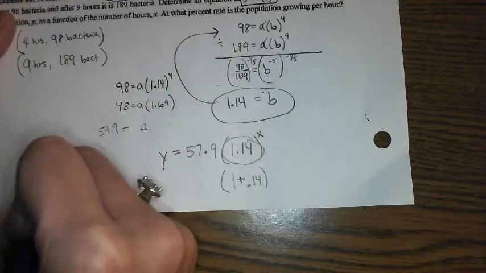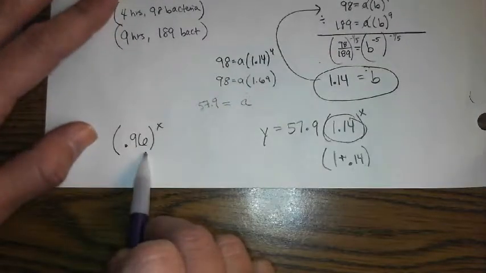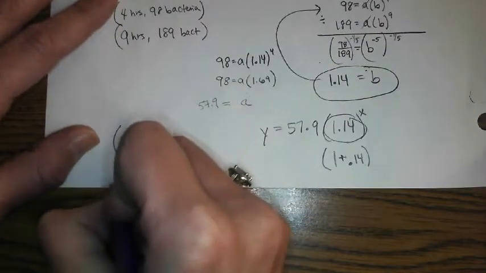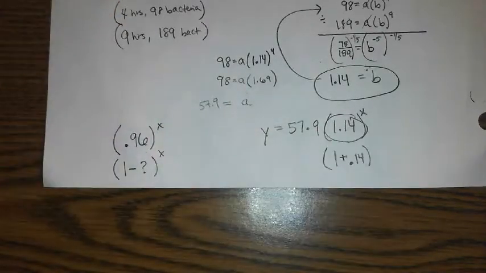Curious question for you. What if my base was 0.96? Am I growing or decaying? By how much? 0.04. Do you follow that? So the rate at which you're growing is always going to boil down to how far away from 1 are you? Growing by 14%, in this one,